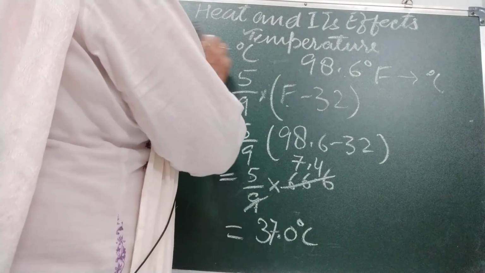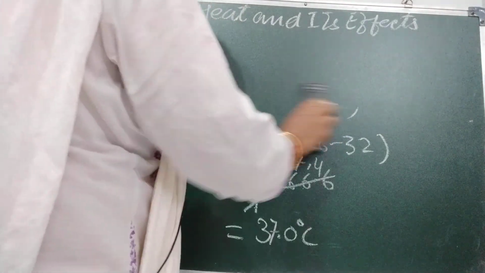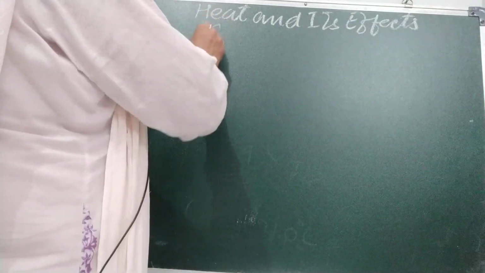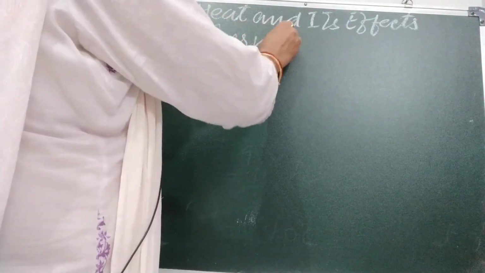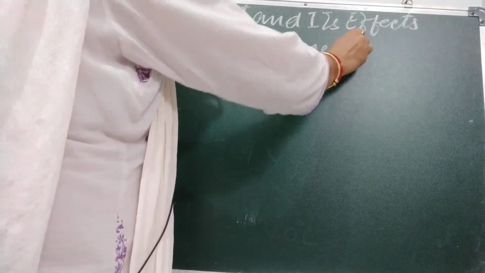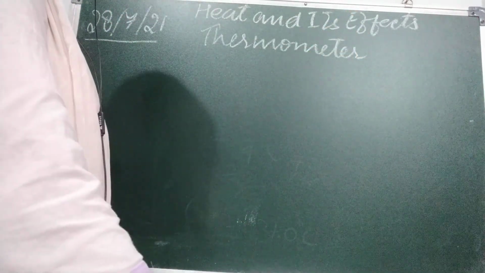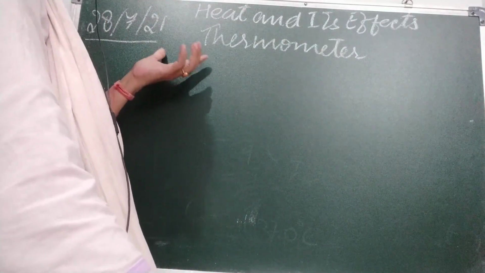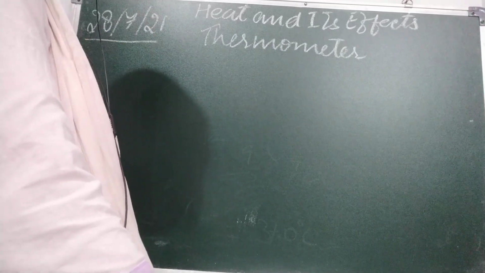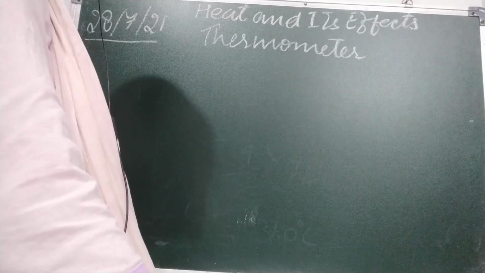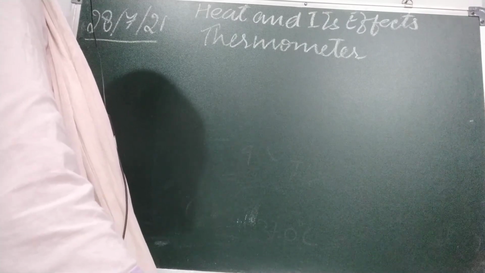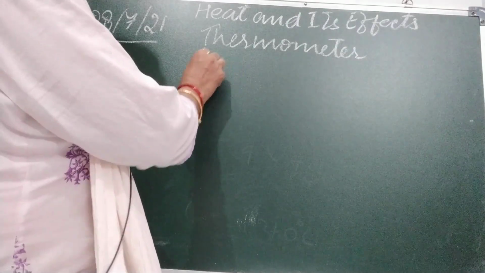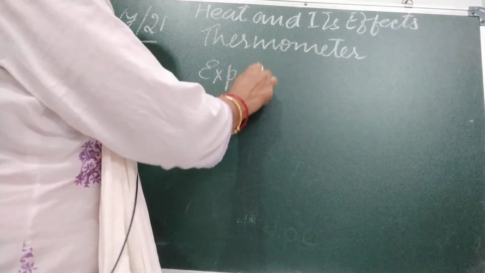Now our next topic is how to measure the temperature. As I told you, we measure the temperature with the help of thermometer. There are a variety of thermometers. We are going to discuss that also. Okay, children, on what principle have we made these thermometers? On the principle of expansion. We have seen that solids, liquids and gases expand on heating. The hotter an object is, the more its expansion. On which principle? Expansion.